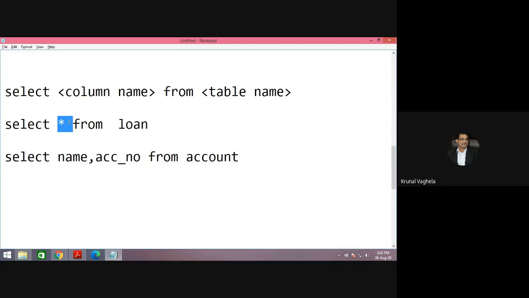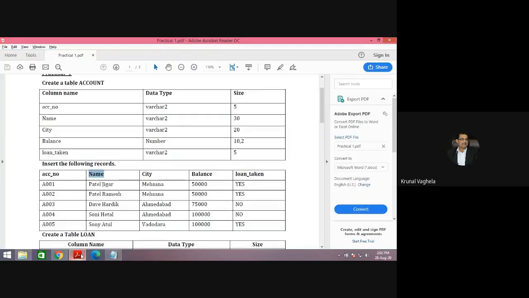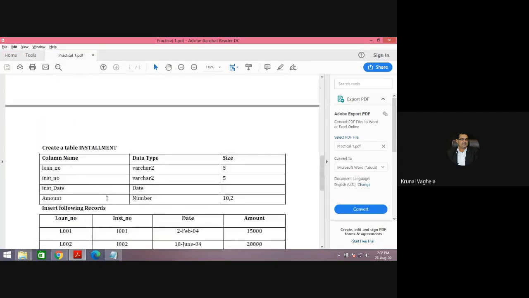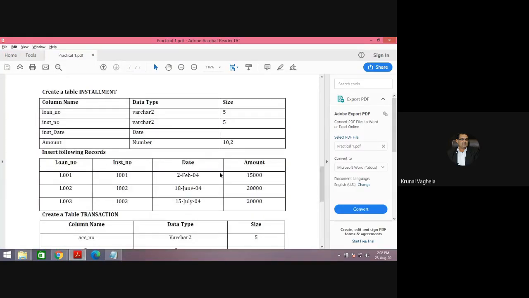So star means all the columns, and if you want to filter a few columns, then you need to write the column names and table name. One more thing, let me write one more. Installment, I want only installment number.